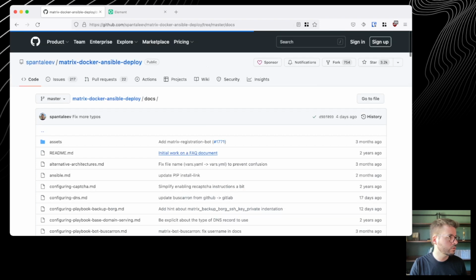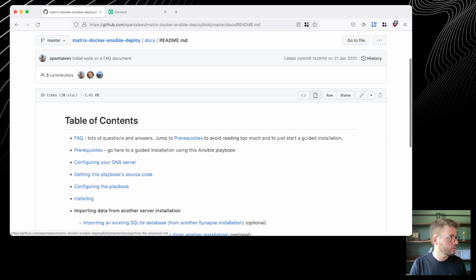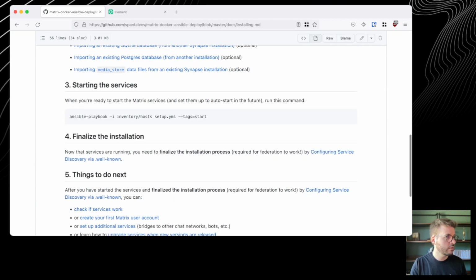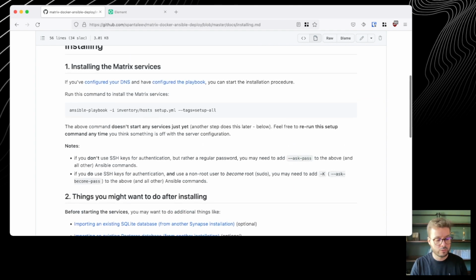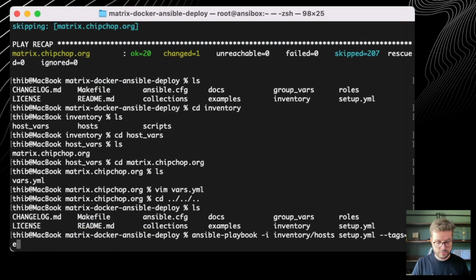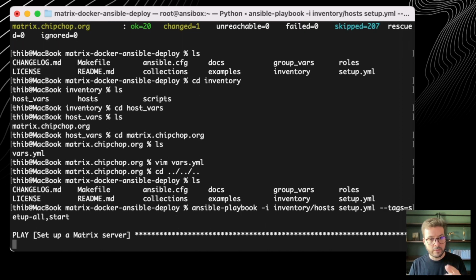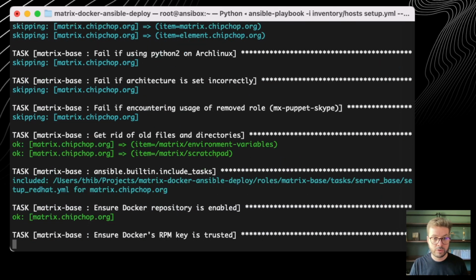Docs, README, installing, and the tags are setup-all. Okay, setup-all, and I'm going to ask it not only to set up everything but also to start services as well. So I just add a comma, start, and Ansible is going to do both setup and starting